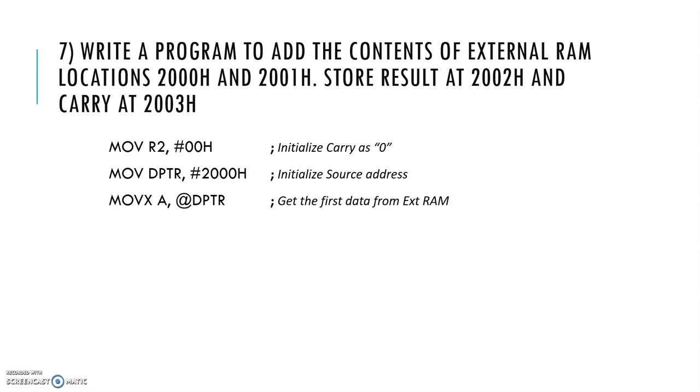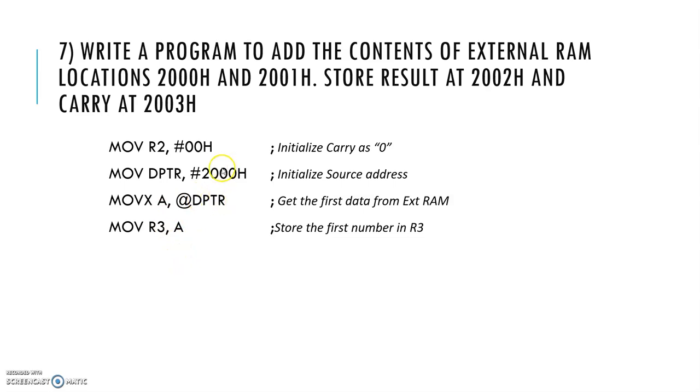Also you should note that MOVX is operated only with indirect addressing mode, and direct addressing mode is not applicable for the MOVX instruction, and it happens only with the A register. So transferring data from external RAM happens only with the A register, so you need to free the A register for that. Here you get the first data from the external RAM. To get the second data, also from the external RAM, you can use only the A register, so the A register should be freed. The content, that is the first number, is copied to another register so that we free the A register for the next operation.